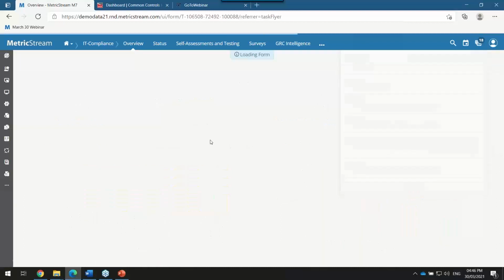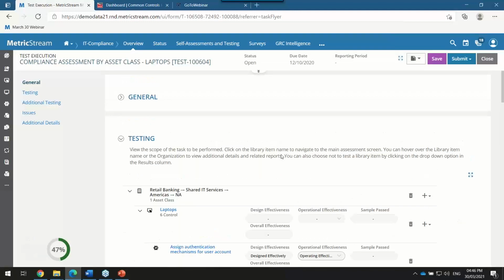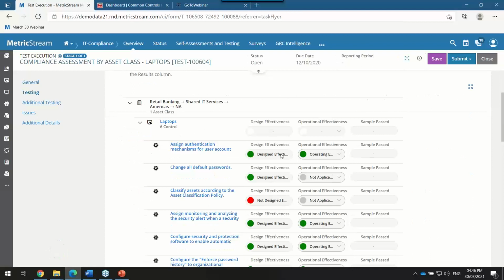We test those controls based on operating and design effectiveness. We collect evidence for a given control, and based on that, you also derive results to say how many controls have passed, how many controls have failed, and that aggregates as an overall report to say how compliant you are for a given regulation as such.